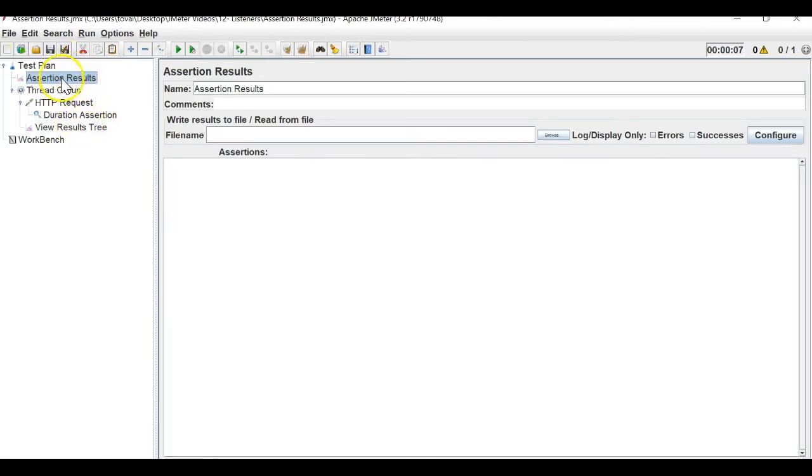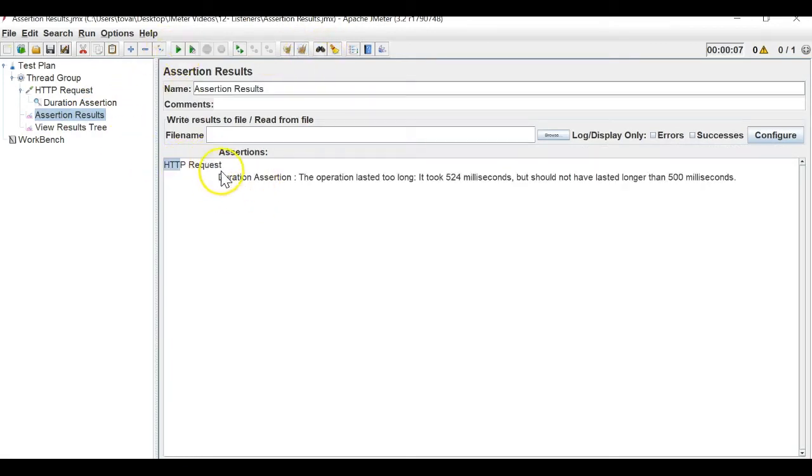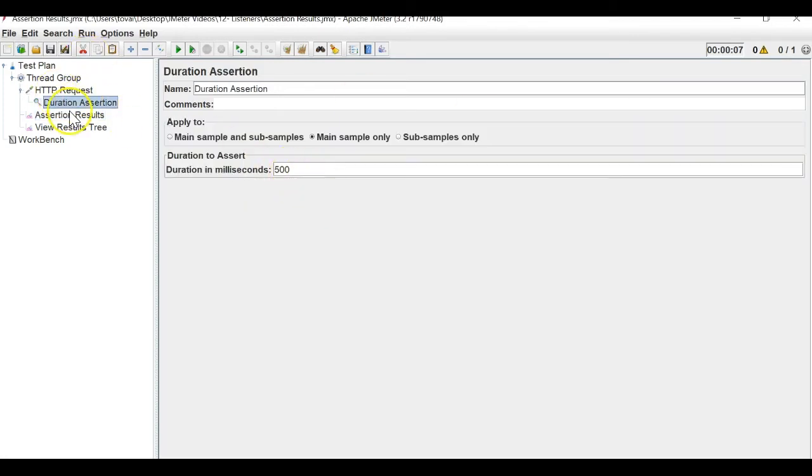Now what does the assertion result do? Assertion result reads the assertions, what the assertion is and if it passed or failed. If it fails, let me show you how it looks. If it fails, then you would get an error: duration assertion. What is failing is the duration assertion. The operation lasted too long, that is more than 500 milliseconds, and what I expected was that it should be completed in 500 milliseconds. Now if I say that the request should be completed in 1 second,